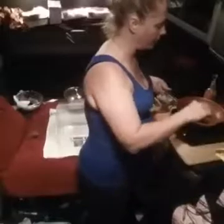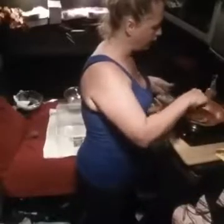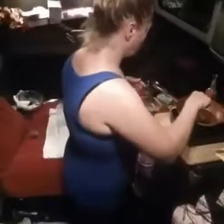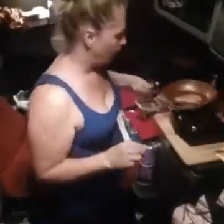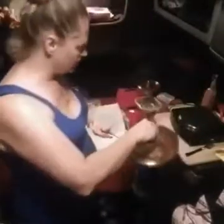Now, typically when you're cooking meat, not a lot of people realize this, that when you're cooking meat and you set the pan aside, the meat continues to cook, even though it's not on the burner, and also when you place it on the plate as well, it continues to cook. So, because we're going to be cooking other things tonight, we're going to just set this aside with the lid on it